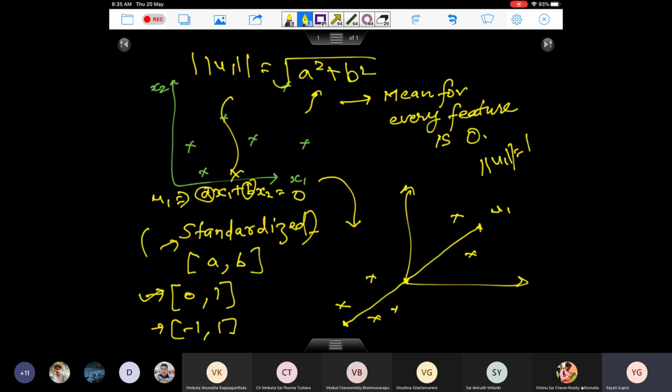For now, bear with me that we are trying to figure out a new dimension, a new space, or a new axis along which we are trying to ensure that the variance is maximized. Let's assume that this U1 is that particular dimension where the variance is maximized. So what I'm going to do is project all of my data points onto this new dimension.